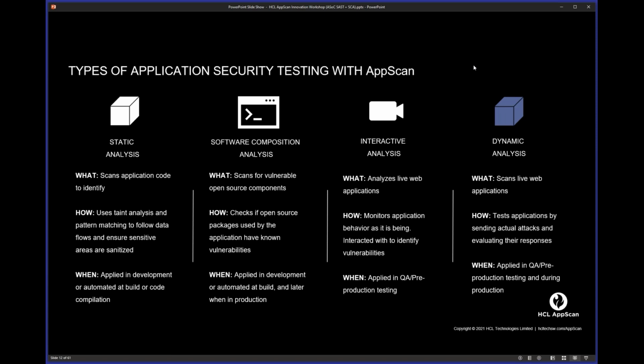Getting into the different types of testing, you've heard me mention SAST and DAST scans and IAST monitoring. It's probably good to talk about what each of these scans do. So for static analysis, which we're going to be looking at today, what you're doing is scanning the application code itself,